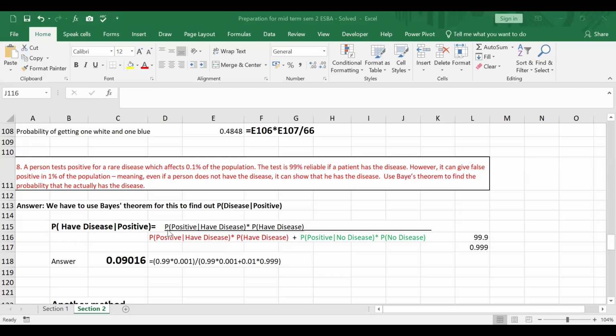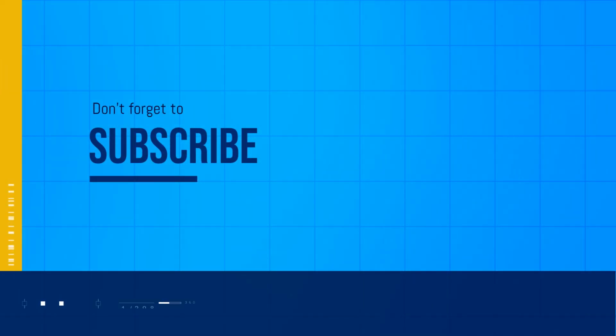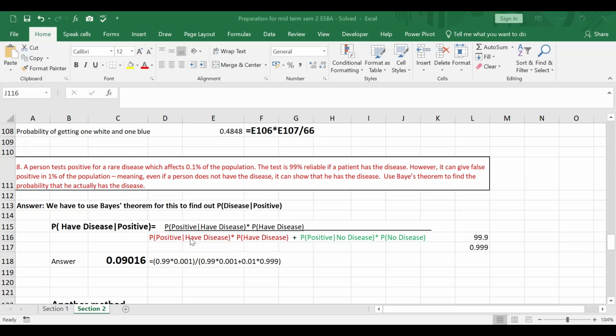Bayes theorem gives the formula for that. P of having the disease, given that you are positive, repeat the same thing here, and then multiplied by P of having the disease in the population. Repeat the whole thing in the denominator here, plus another: P of positive given no disease, instead of having disease, no disease, and P of no disease. Now fill up the data here. P of positive